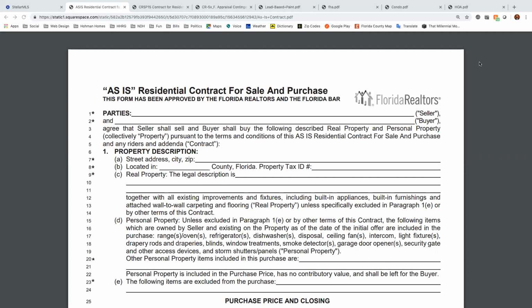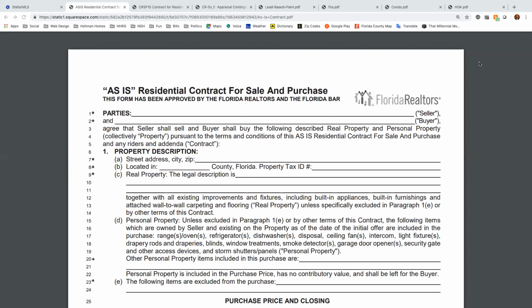For the most part, a lot of the language in the two contracts is very similar. So you're going to fill out a lot of the same information. You're going to do a lot of the same things with both contracts. You only need one per purchase. You don't have to fill out both. A lot of times it's the preference of the seller which contract they want us to use. But the biggest difference between the as-is contract and the CRISP contract is how inspection and maintenance is determined in the